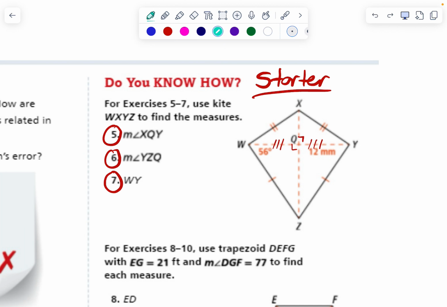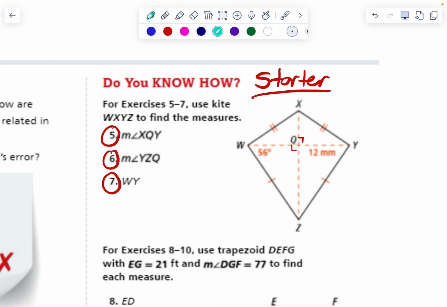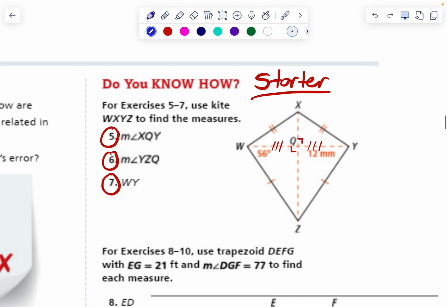Anyway, get rid of those for a second. Actually, I'm going to leave those on there. I think we can see around it. So measure of angle XQY is that angle right there, which I just marked. And what is it? 90 degrees, good. Measure of angle YZQ is that angle right there. And for that one,